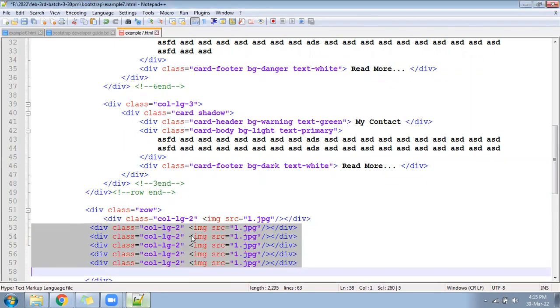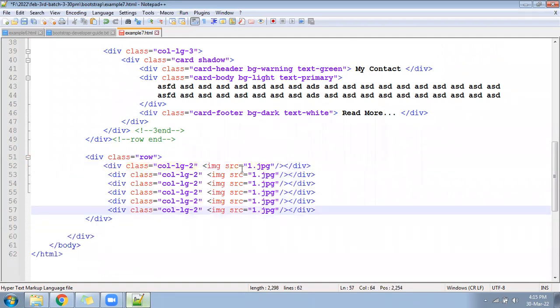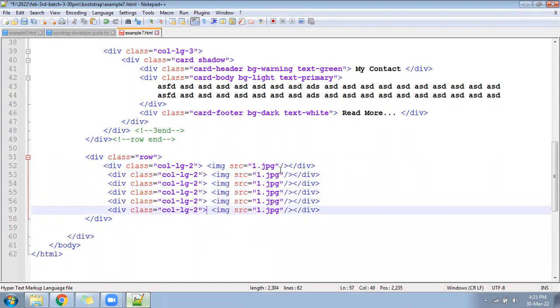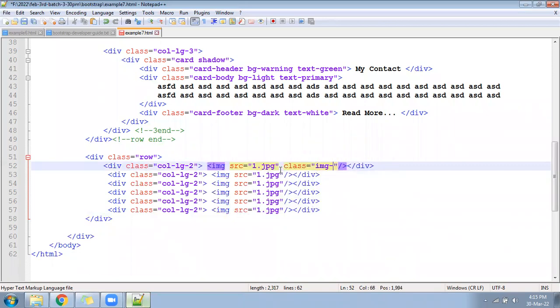Something like this. This is the code I have copied from your chat. There is some mistake. What is that? The img tag here for every division. Second one is the correct one, sir. I have sent two. Second is correct. You just have to close the bracket. That's all. This is missing everywhere. And then we need to apply the class called img-fluid everywhere.